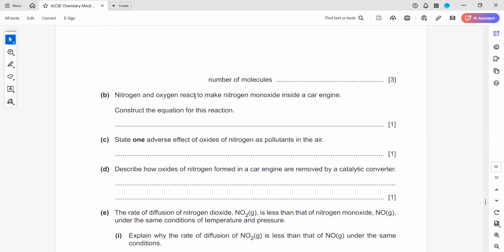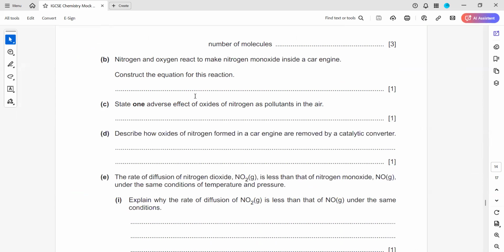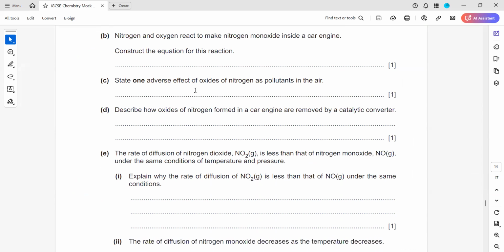Yes. No sir, this is complete cheating. Nitrogen and oxygen, try to memorize this catalytic